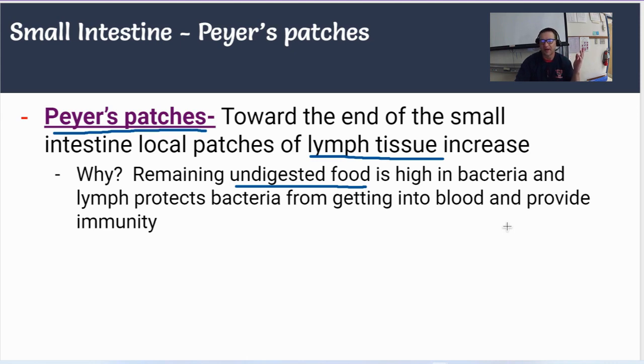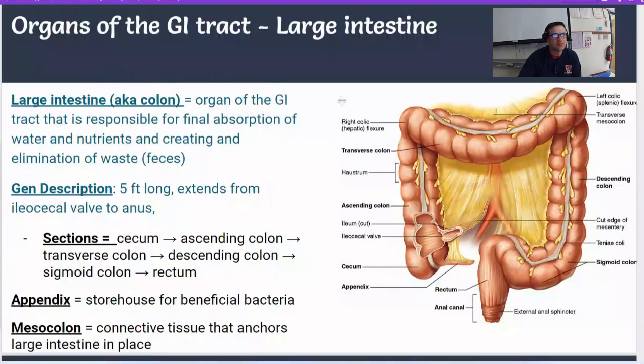It's actually good for you. But those Peyer's patches help to make sure that the population of the beneficial bacteria stays at a normal level and they don't get too high. And we got to the final part of the GI tract, gastrointestinal tract, or alimentary canal, that we're going to